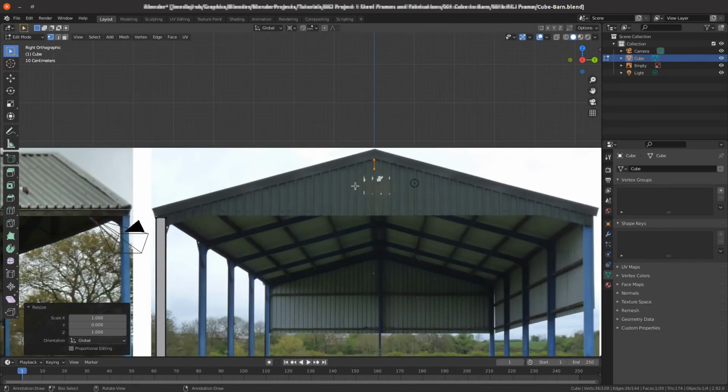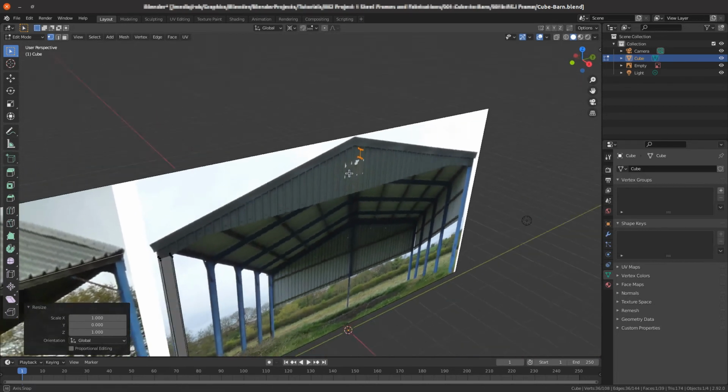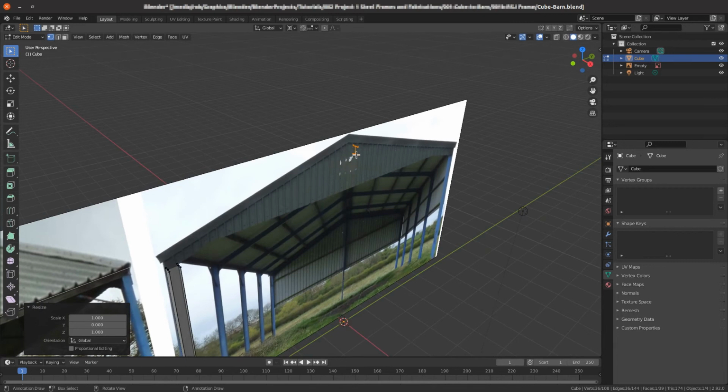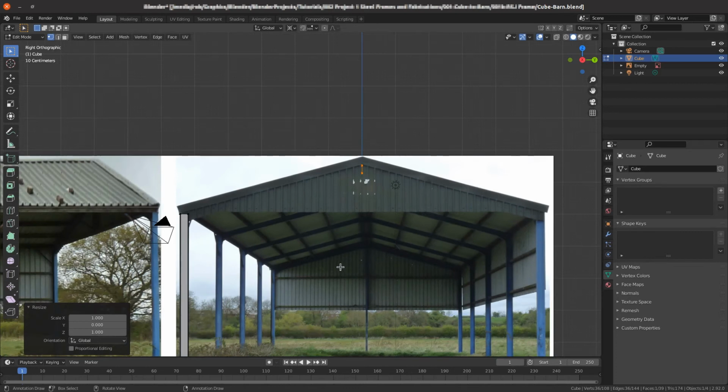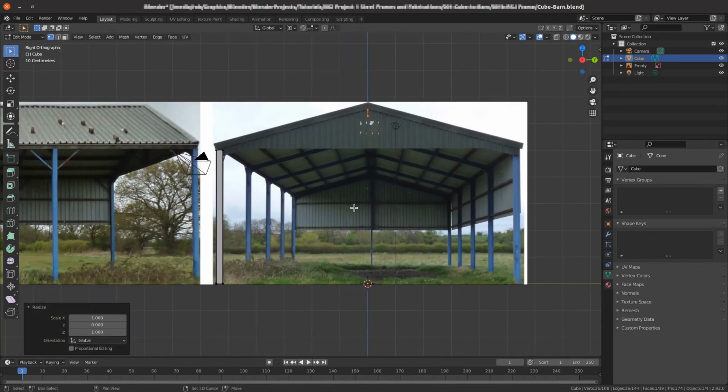So the next stage will be to rotate the profile of the RSJ that we've just moved out to sit in the correct height in relation to the image that we're working to. Numpad 3 brings you back into the straight on view of the x-axis we're looking down, but we need to now rotate that round to this column, and for that we use the spin tool. So if we click on the spin tool,